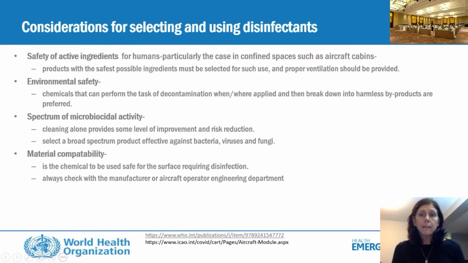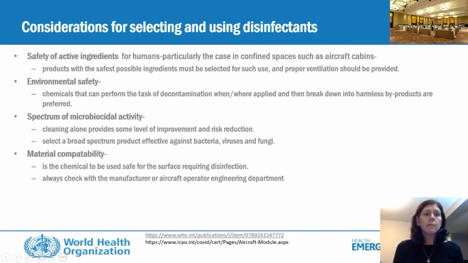Especially because this is a confined space when you're in an aircraft cabin or flight deck. And so you want to make sure that the product that's being used for disinfection of surfaces is not harmful to humans. They should have safe ingredients, and proper ventilation should always be provided when the cabin or flight deck